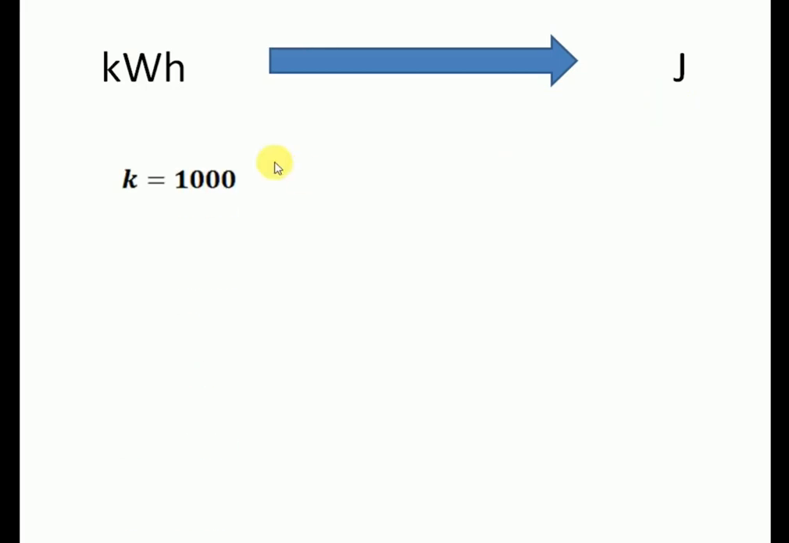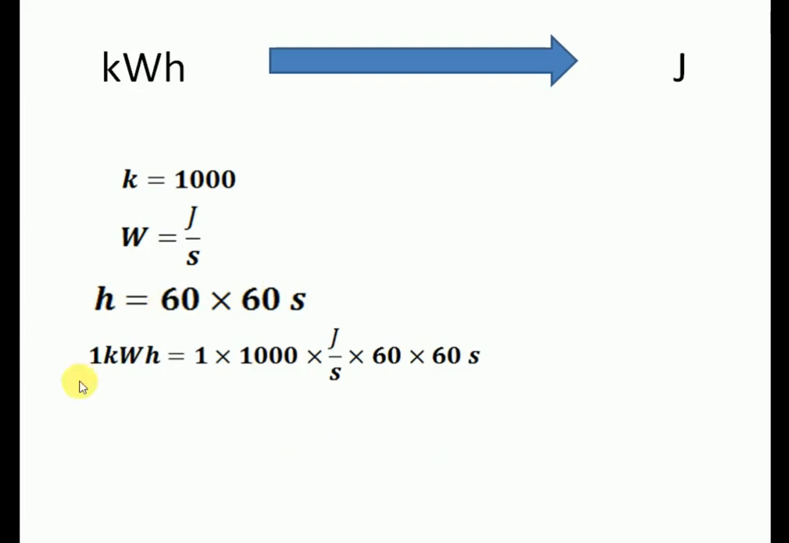We know kilo means 1000 and watt means joule per second, and 1 hour means 60 minutes into 60 seconds. So 1 kilowatt hour is 1. For kilo I'll write 1000. For watt I'll write joule per second, and for 1 hour I'll write 60 into 60 seconds. So this second and this second will cancel each other. Then I'm left with